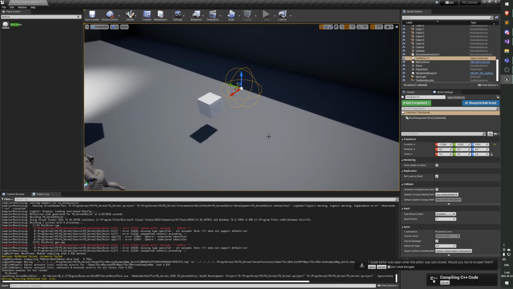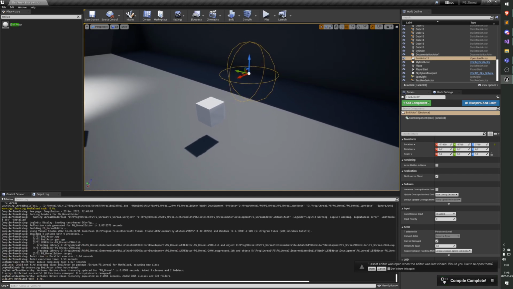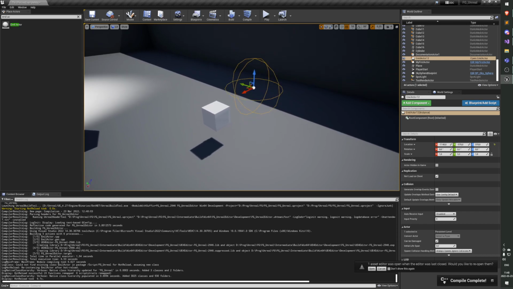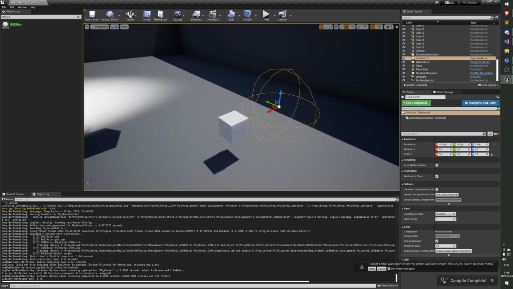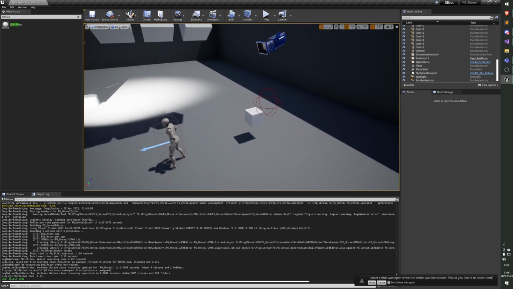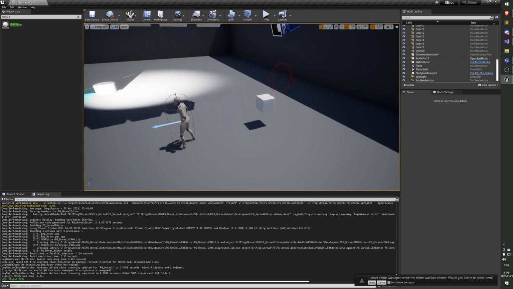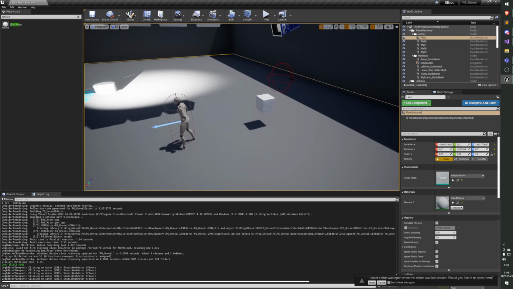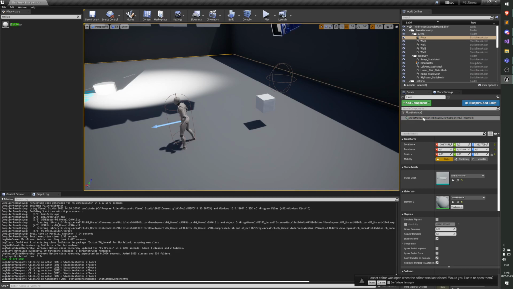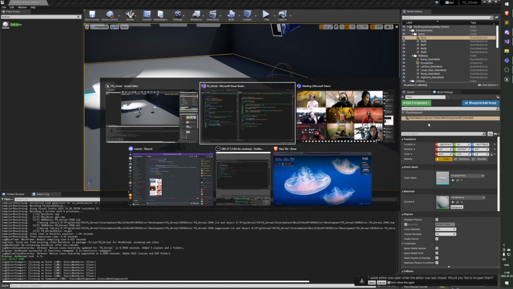Okay, now that we have forward declared. Alright, the compile completed. So now we still don't see anything. And that's of course